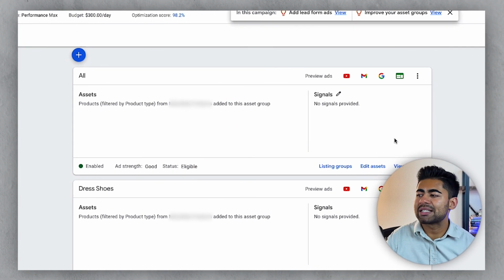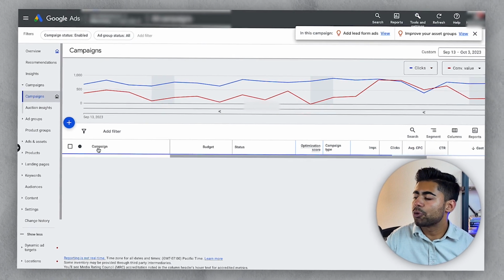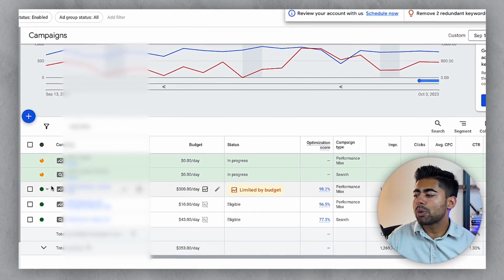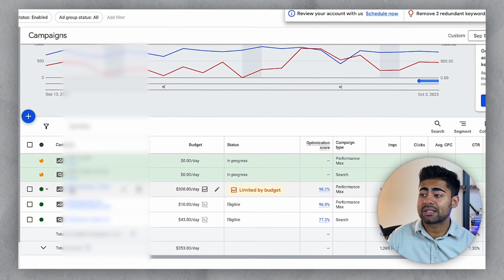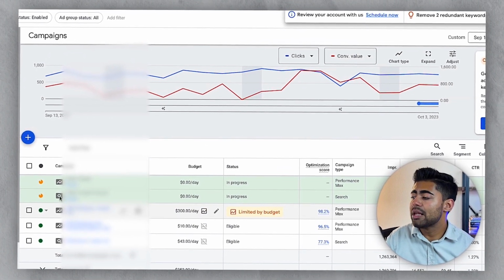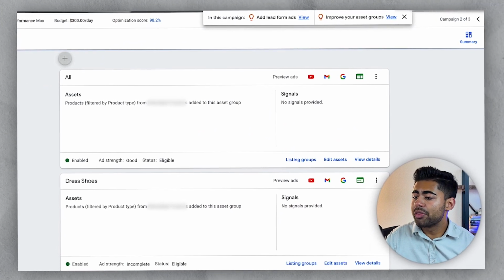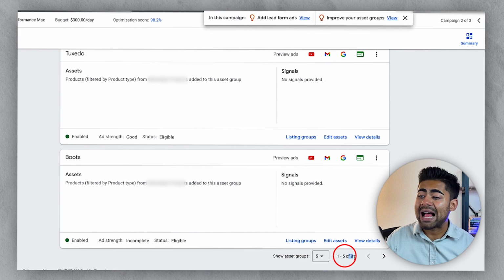And there's no better example than this brand right here. I mean, if we look on a campaign level, there's only 3 different campaigns running. But what we will see now and how this brand was starting to gain a level of scale is through the asset group section. If we look at the asset group section, there's a total of 8 different asset groups